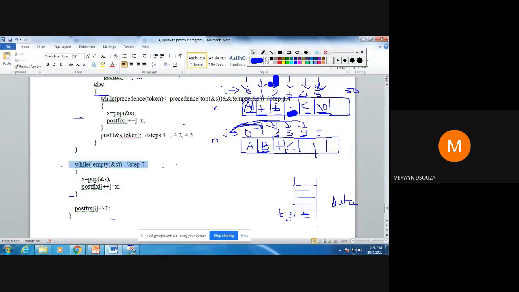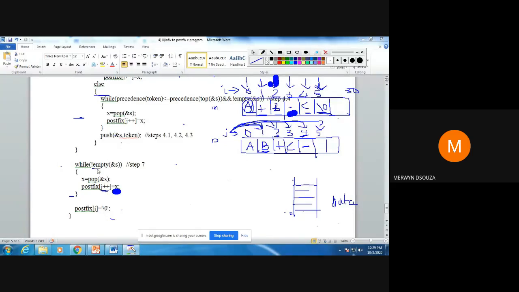So here when you check, stack is not empty, so you enter here, pop from the stack. So you put the minus sign in X. That means you have popped from the stack, so this is no longer in the stack. Minus sign has gone to X, and you add X to the output. X is having the minus sign, so you add that minus sign to the output and increment the value of J. So now J value will be equal to 5.